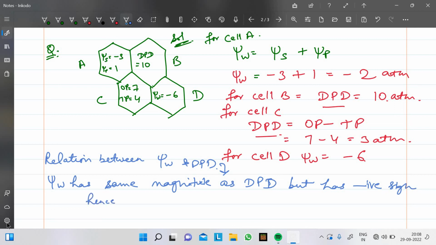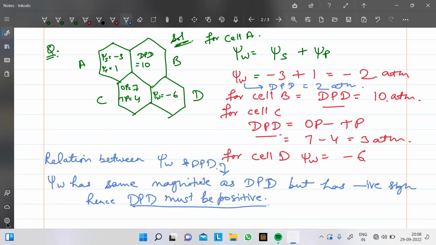hence DPD must be positive. Must be positive means DPD की वैल्यू ऑलवेज पॉजिटिव होती है। तो वी कैन से कि जिस सेल का वाटर पोटेंशियल -2 एटमॉस्फेरिक प्रेशर है, फॉर दिस सेल डीपीडी कितना हो जाएगा, 2, एंड फॉर दिस सेल जिसका हमने वाटर पोटेंशियल -6 लिखा हो, उसका डीपीडी कितना हो जाएगा, 6। मतलब मैग्नीट्यूड सेम रहेगा, साइन ऑपोजिट हो जाता है। सो नाउ व्हाट इज द सिचुएशन, वी हैव the diffusion pressure deficit for all